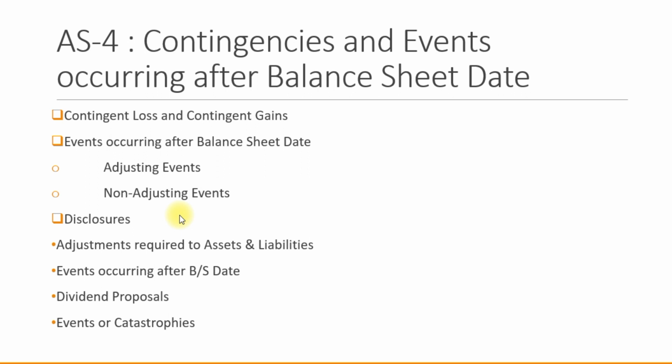Events such as dividend proposals that take place after the balance sheet date are also reflected in financial statements, and this is a statutory requirement. Events such as a major fire in a production plant may indicate whether the firm or enterprise ceases to be a going concern, and raise considerations whether the fundamental assumption of a going concern is proper or not.